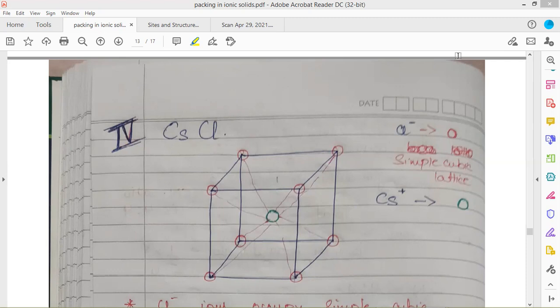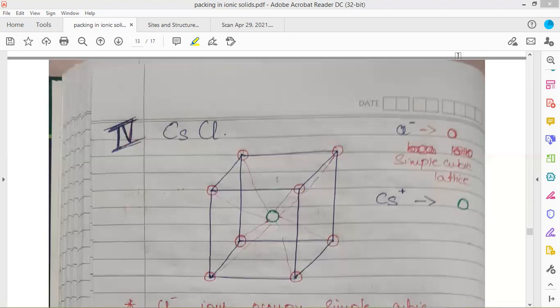But in case of cesium chloride, it is different. How is it different? It is different despite the fact that sodium and cesium belong to the same group and chloride ions are the same in both. The difference is that sodium ions were very small in comparison to the chloride ions, but the size of the cesium ions is quite comparable. Whenever the size is quite comparable, they cannot occupy the sites made out of the FCC lattice. That is why the structure is different. So let us discuss the structure of cesium chloride here.